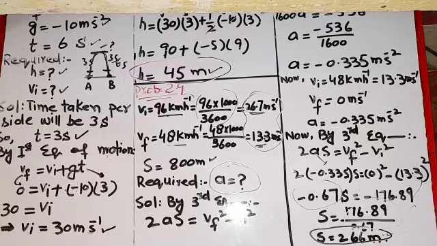Now the last is 2.10. In the above problem, find the time taken by the train to stop after the application of brakes. You have to find the time, and this is your homework. You will do it. If you have any problem, then ask me. The hint for the last numerical is that you will use the first equation of motion and find the time. The first equation of motion is Vf is equal to Vi plus at.